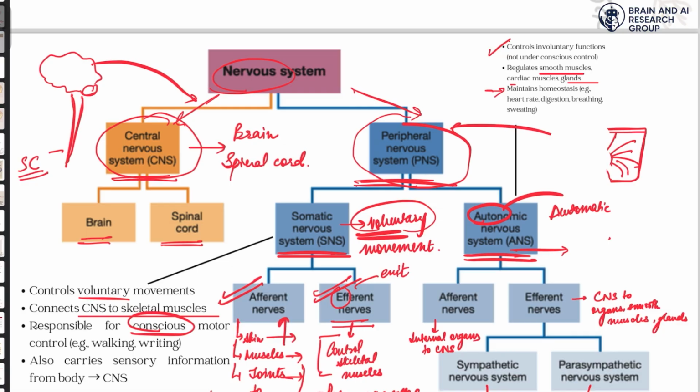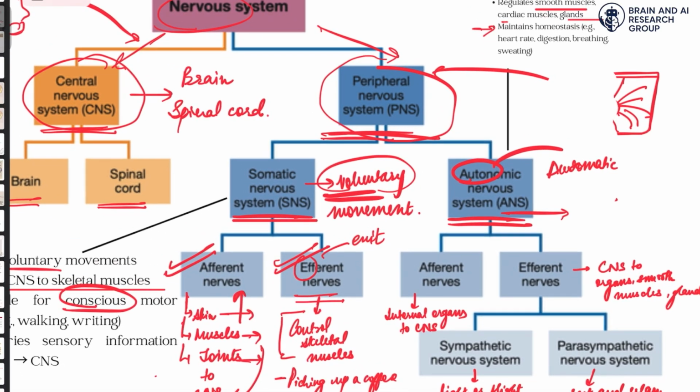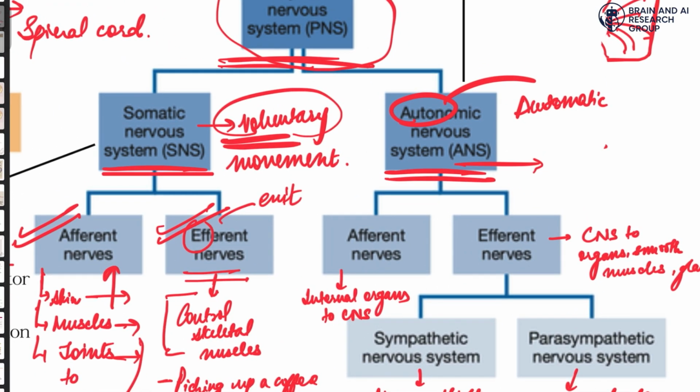So this was a quick coordination between both your afferent and efferent nerves when you touch a hot mug. This will be explained later on in the subsessions in detail. For now, I hope you understand this better. Now, coming back to the sub-bifurcations of the autonomic nervous system. Here also we have a set of afferent nerves and efferent nerves. Again, the criteria remains the same. Efferent nerves are for the exit and afferent nerves are for bringing things back to the central nervous system.